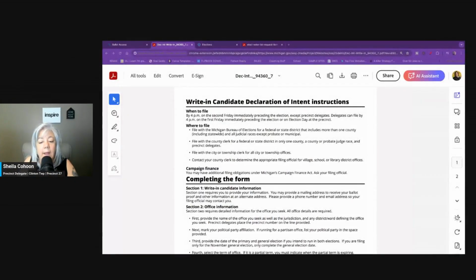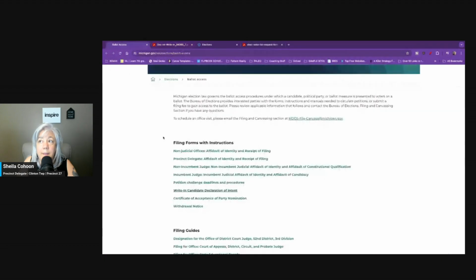So, I'm going to share my screen right now, real quick. And this is the write-in candidate declaration of intent. This is for any candidate running as a write-in candidate. So I'm strictly right now talking about precinct delegates who are going to do a write-in, that declaration of intent. So where you can find this form is on the